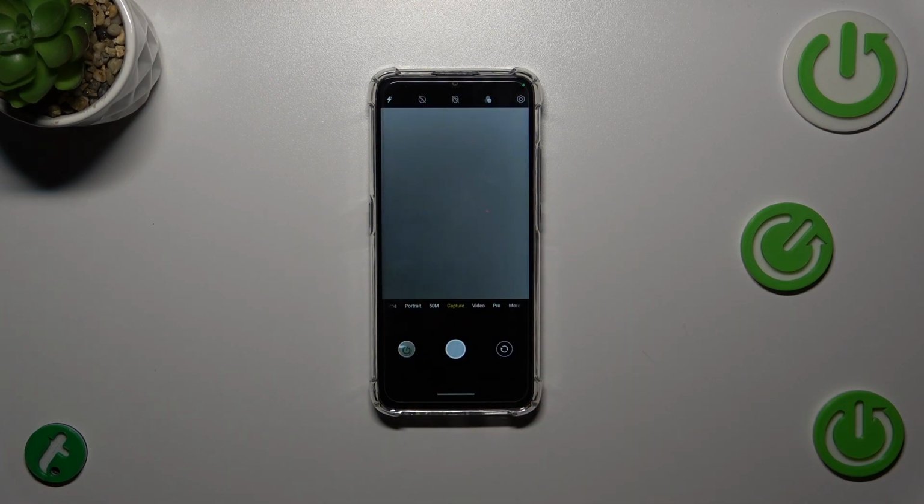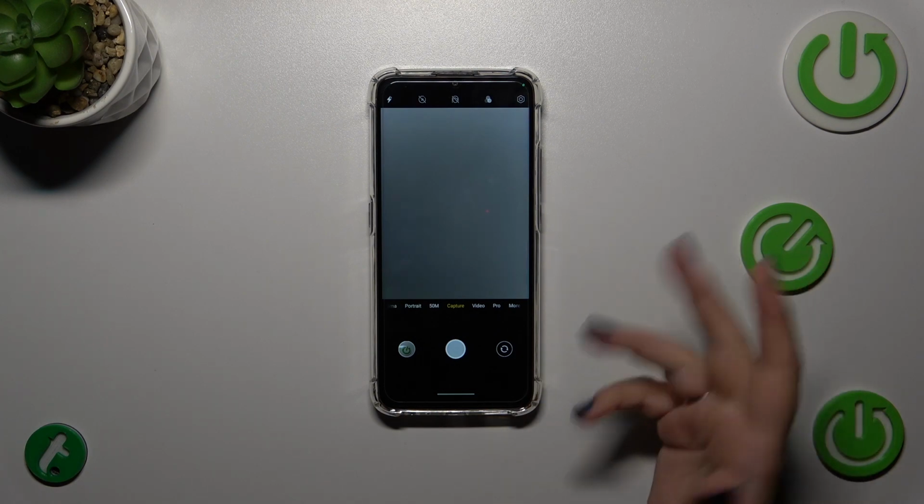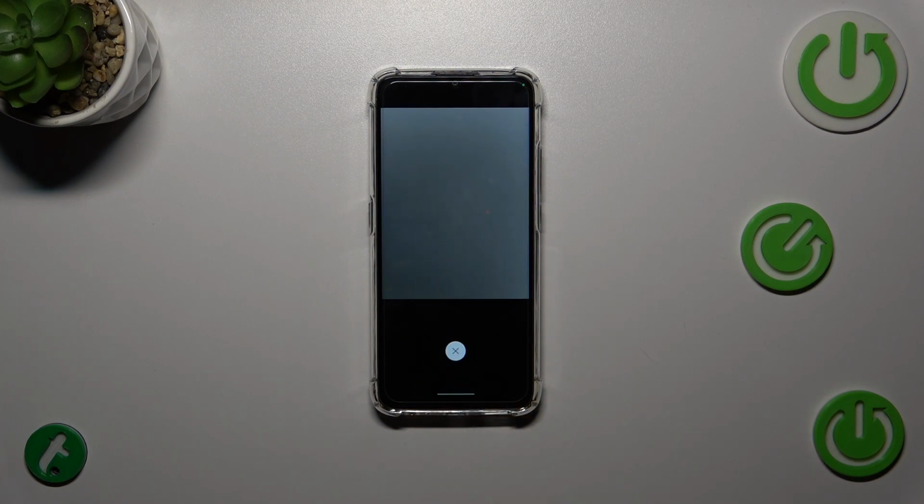However, unfortunately we do not have any kind of icon, any kind of notification right here in the camera that we've got the timer set, so you can be surprised if you will forget that you've set the timer. All we have to do basically is to tap on the shutter button, and from now on your device will count down from 10 or 3, of course, depending on which option you've chosen,